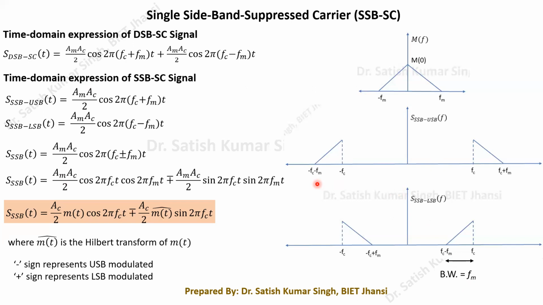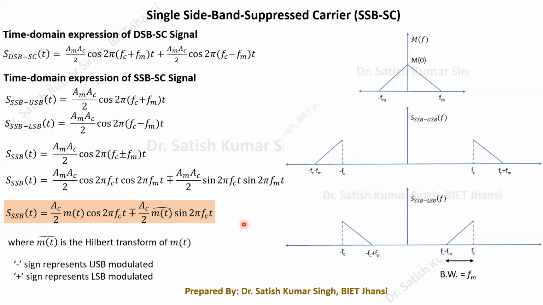I hope this spectrum is clear. Please try to do this assignment. Try to calculate the Fourier spectrum for this SSB expression, and then try to get this waveform and this frequency spectrum, in the case of upper sideband modulation and in the case of lower sideband modulation. You will be able to show this. It is very simple to demonstrate. Please don't skip this part, as it will be a part of your learning. You will get this particular result.